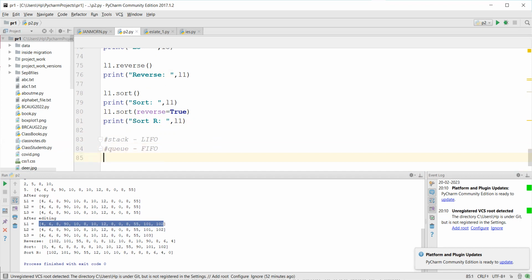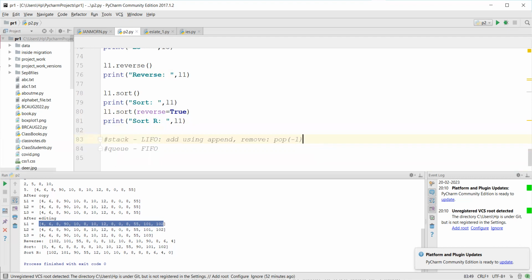So you can implement a stack and queue. When you say stack and queue implementation, you only have to add an element and remove an element. So in stack, if you have to add an element, you always add at the end. So you will add using append. Books are getting added at the end only. The first book is down. But when you remove it, you have to do pop